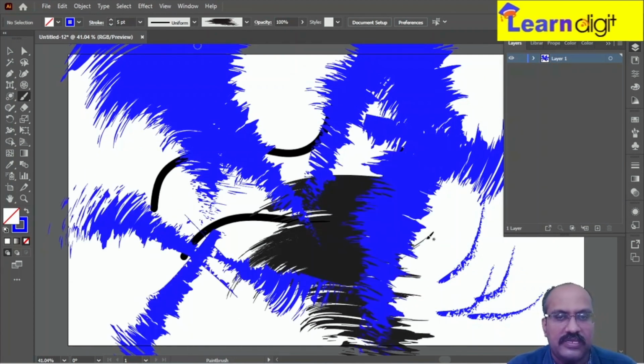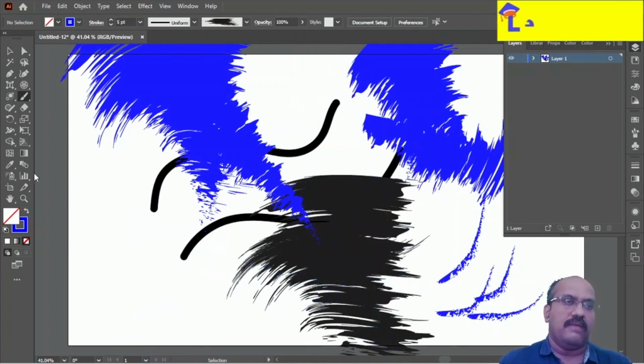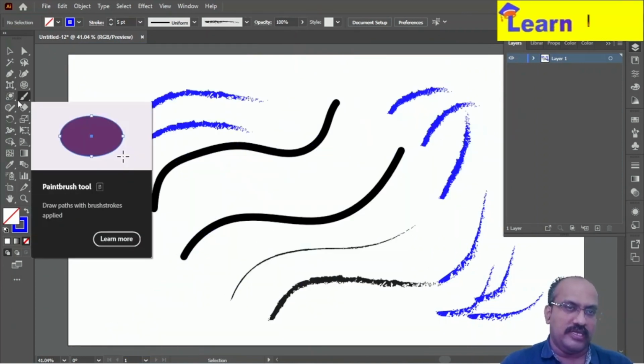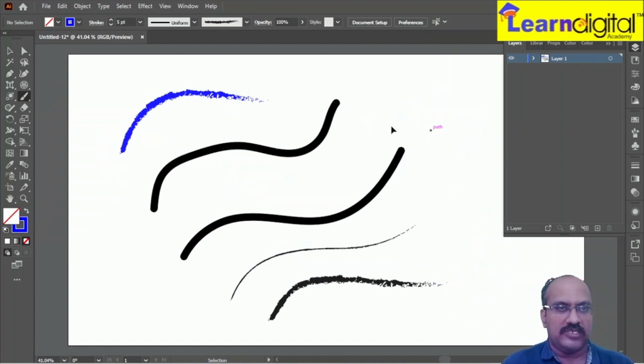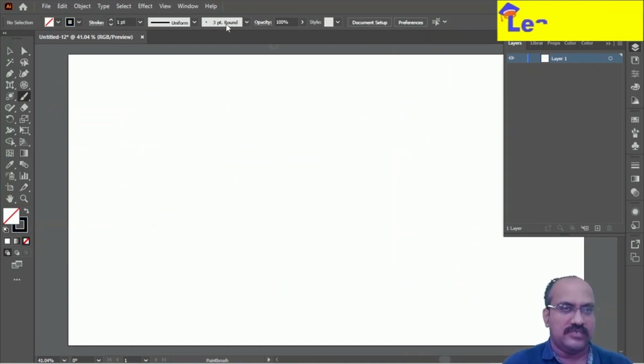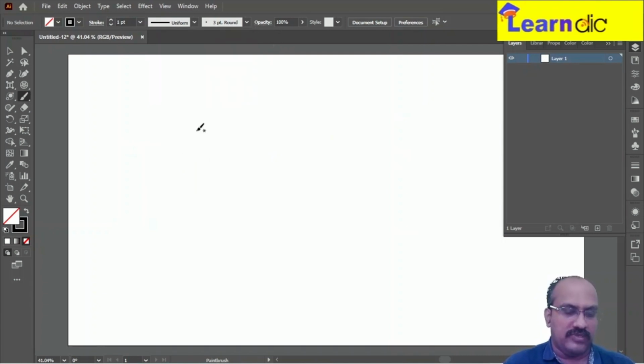This is how you can create your own brushes using the Paintbrush tool, guys. Like that, you can use this Paintbrush tool. When I use the Paintbrush tool, guys, just wait. When I select the Paintbrush tool, you can see, guys, here I draw